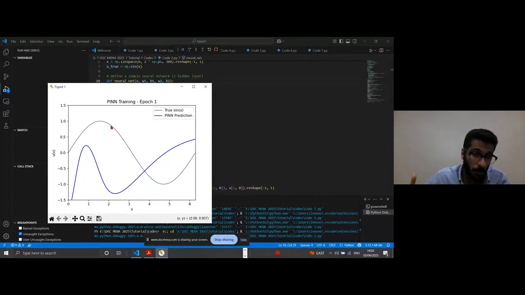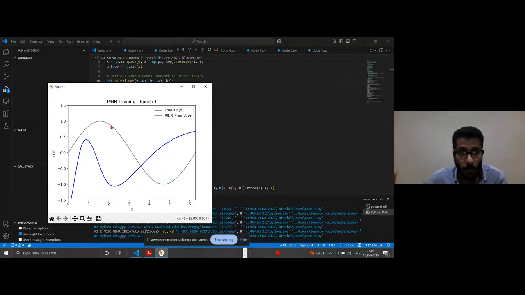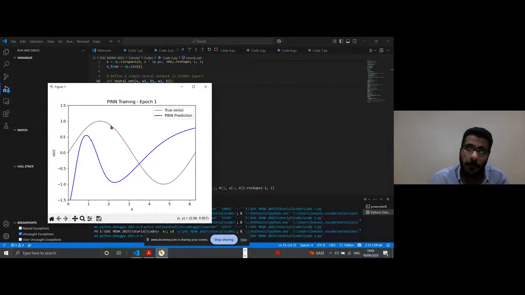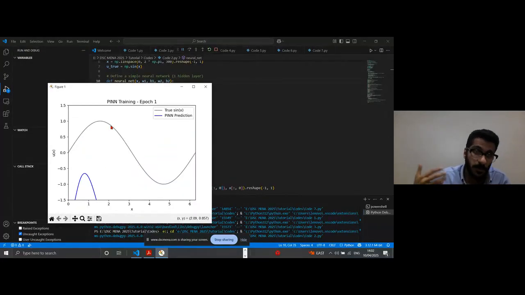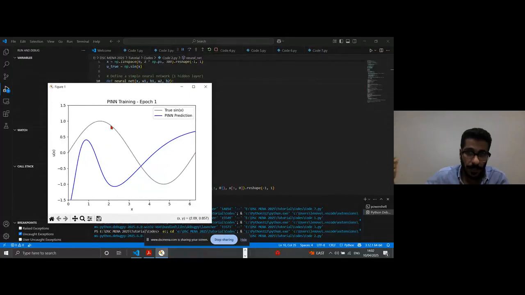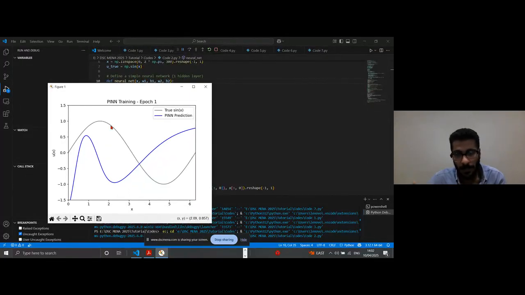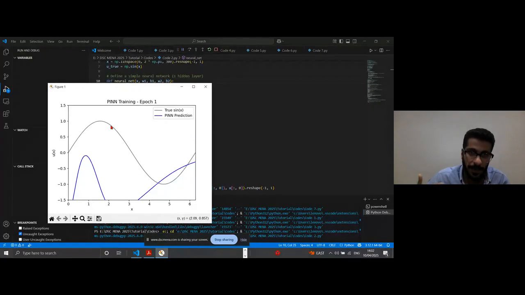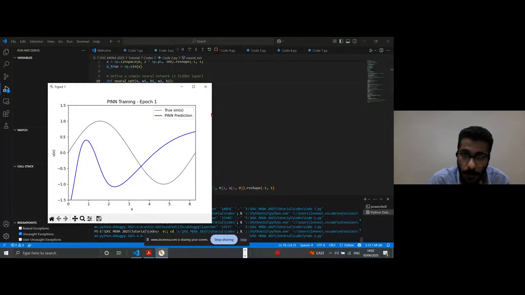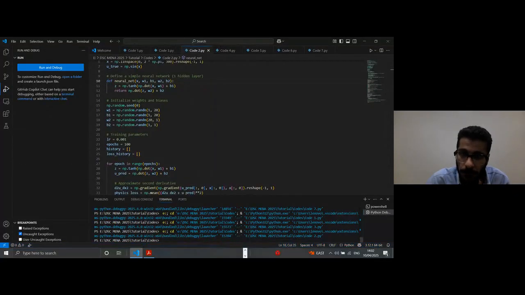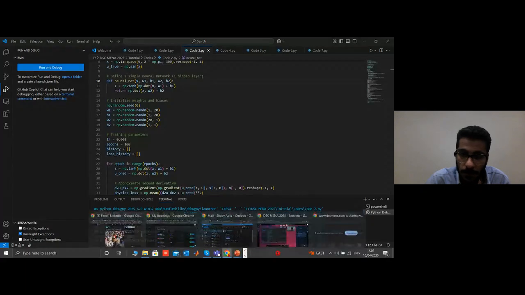Definitely, if you introduce a complex problem, like if you apply this on a real bridge, it will be more complicated and take more time to train. But the main idea is that once it's trained during the offline stage, when you move from offline to online, you will be able to quickly assess the behavior of the system.